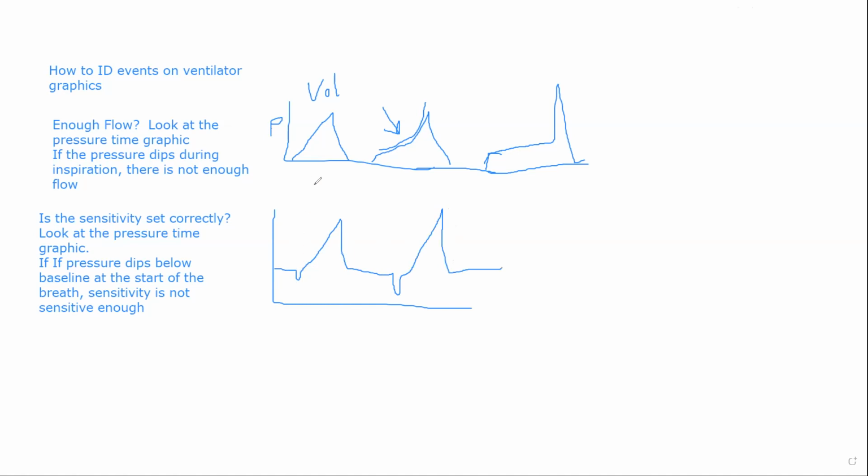So if you have pressure sensitivity set, you want it to be set at usually -1 centimeter of water, so they don't have to have a lot of effort. And then if it's flow by sensitivity,